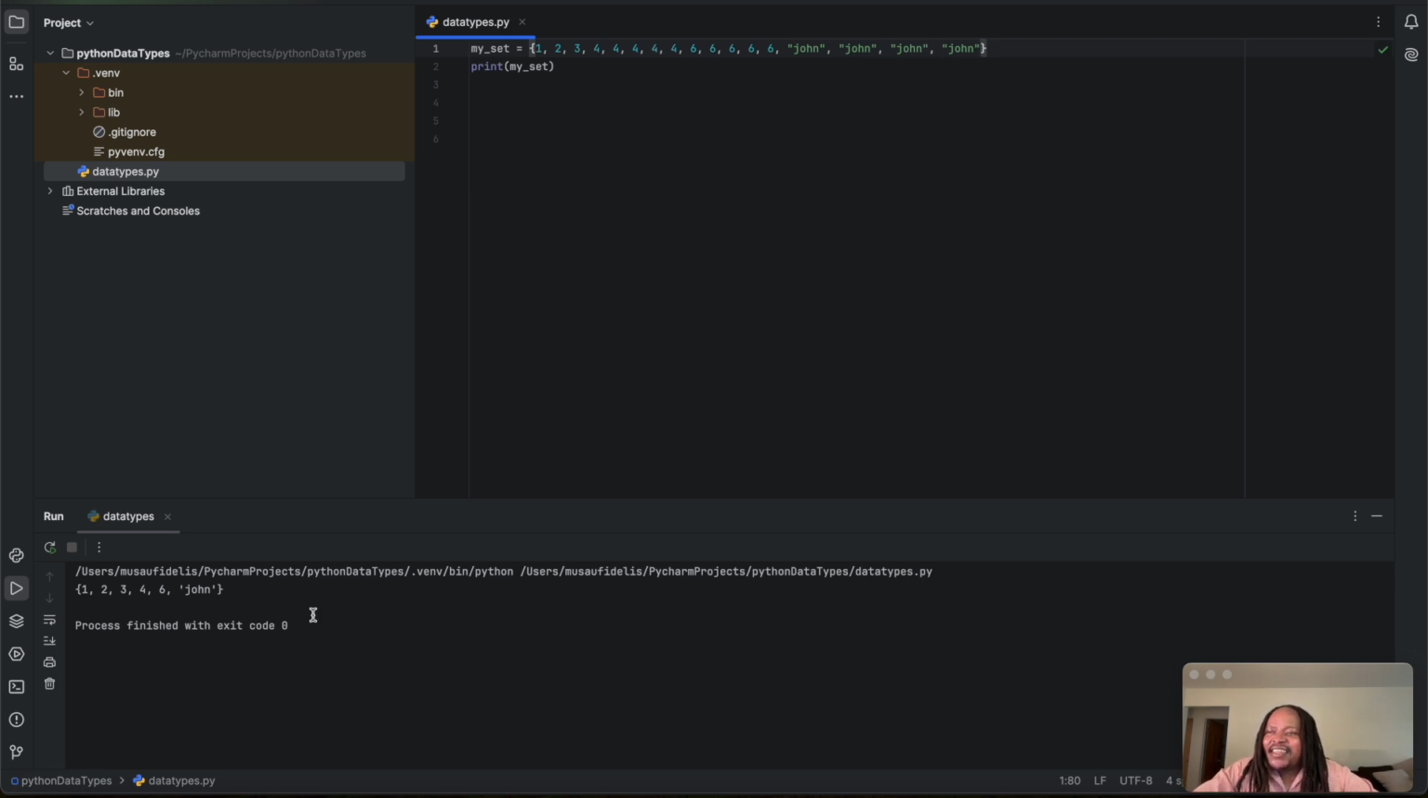So frozen sets are immutable versions of sets. Remember, sets are mutable, meaning you can change them once you create them. But frozen sets are immutable, meaning that once created, they cannot be modified, but they retain set